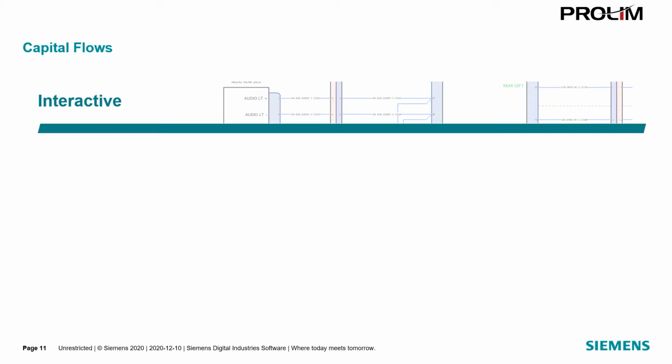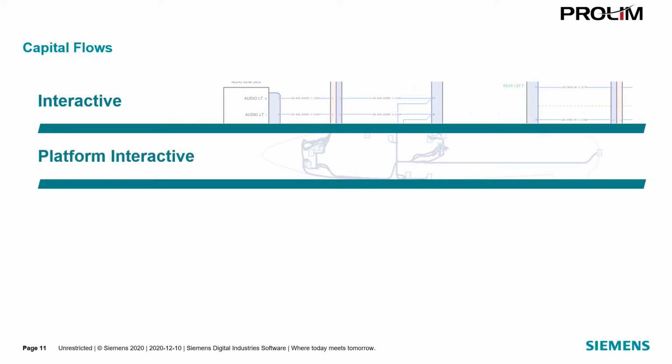This interactive flow still has tons of automation, tons of functionality, design rule checks, analysis, and all of that, but where it's lacking is that it doesn't necessarily have the integration into the context of